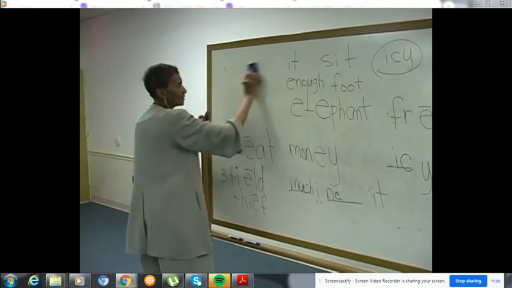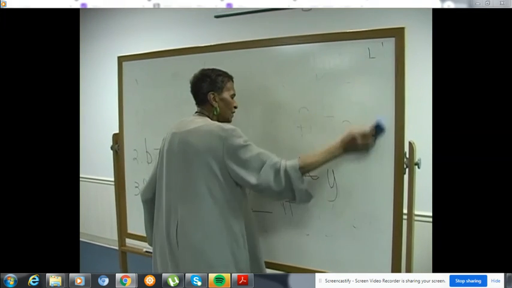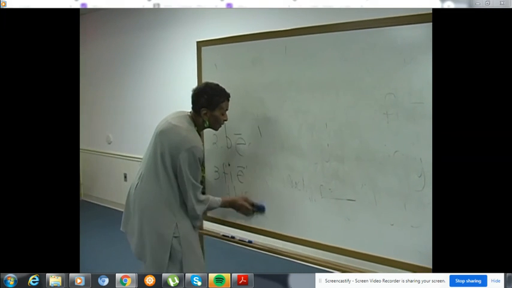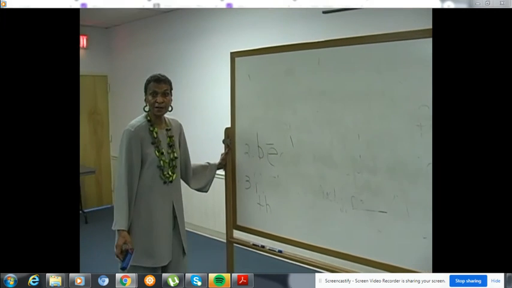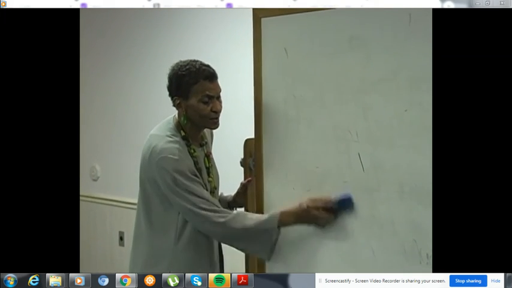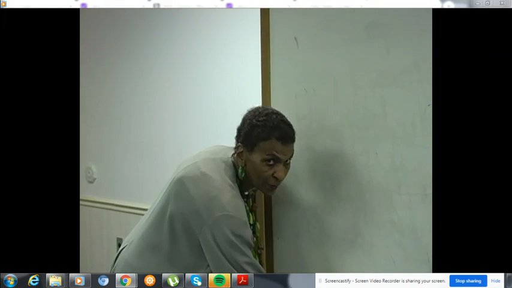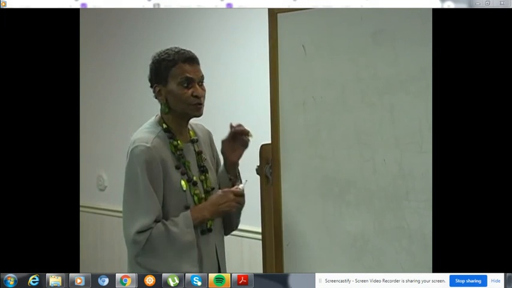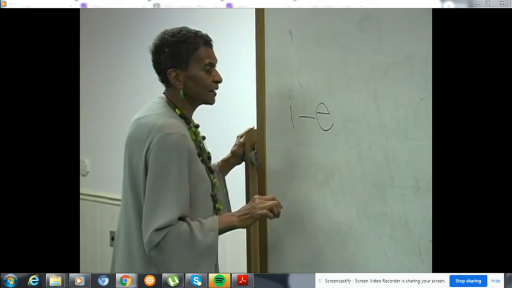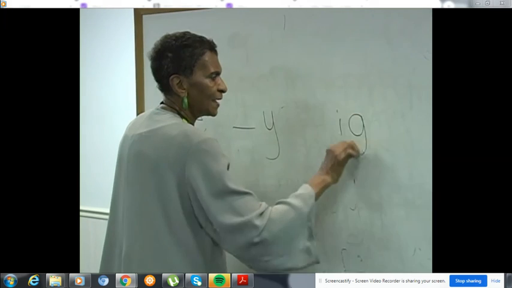Okay, let's take the long vowel I. If you notice, I'm taking the cards in isolation because children will actually repetitively repeat the sounds every day and not be able to use them or to know them. When they're taken in isolation, then they are more apt to pay attention because they know that they will be called on to come to the chalkboard. I blank E says I, blank Y says I, IGH says I.